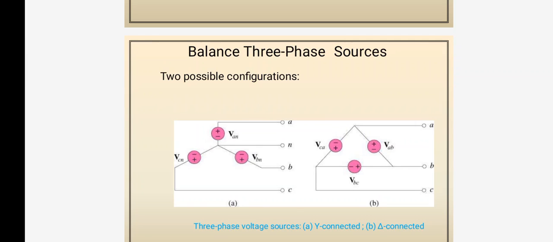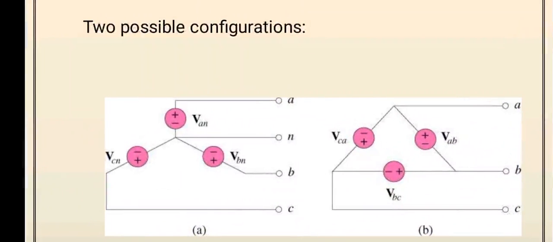How are these sources connected? If you talk about the delta Y connection, the voltages are taken as line to line voltage, and the phase voltage is generally called the phase voltage. The phase voltage is nothing but phase A taken with respect to the neutral, similarly phase B with respect to neutral, and phase C with respect to neutral. So this is generally called a three-phase four-wire system. There is a common neutral wire. All the phases are connected, and the center point is generally called the neutral point. Based on this reference neutral, we are measuring the voltage.